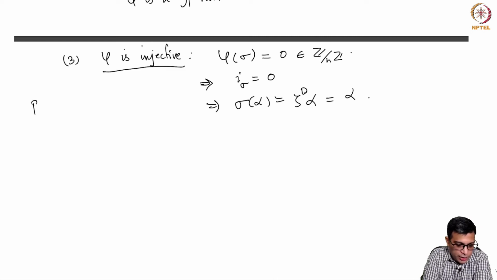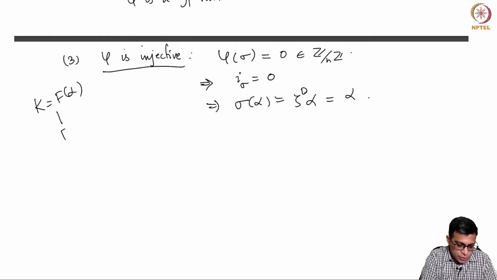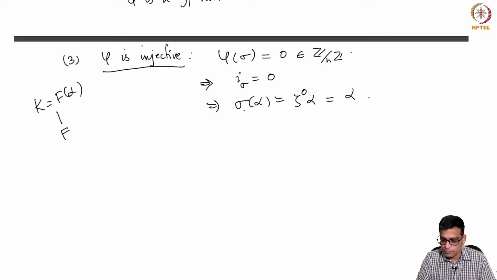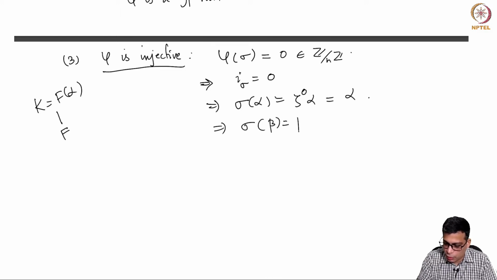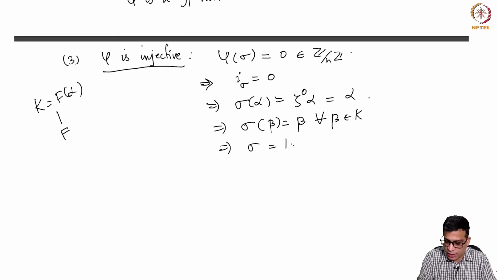Now recall that K is F(alpha), because once you adjoin alpha, all the other roots are also already contained. So, the splitting field is generated by alpha. So, if sigma fixes alpha, then sigma of beta is equal to beta for all beta in K, because of course sigma fixes F, it fixes alpha, so it must fix every polynomial in alpha. That means sigma is the identity element, right?